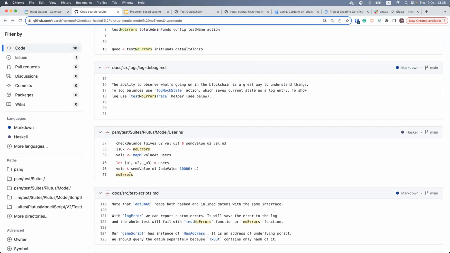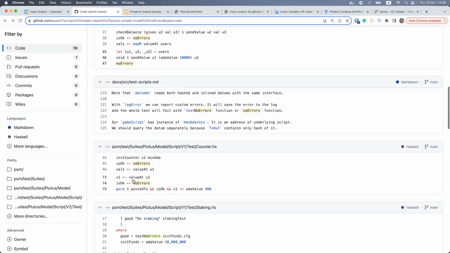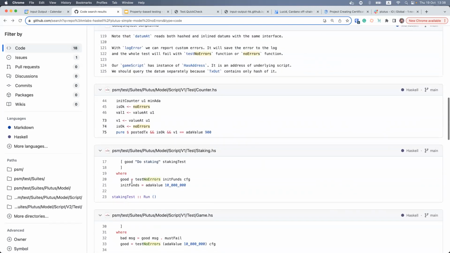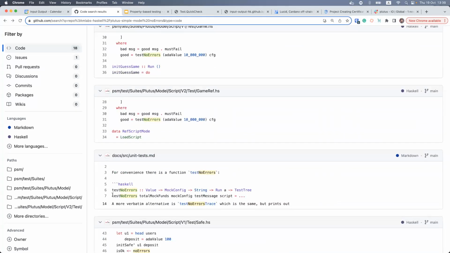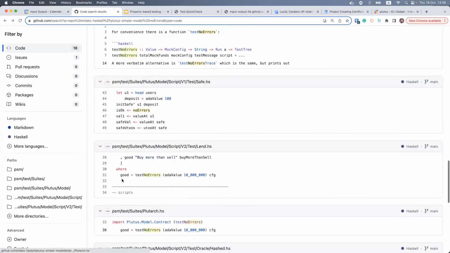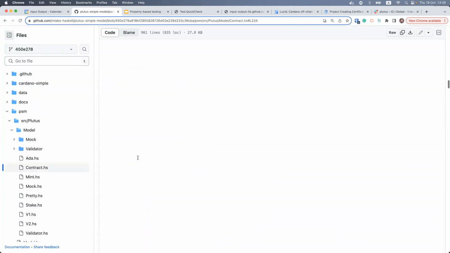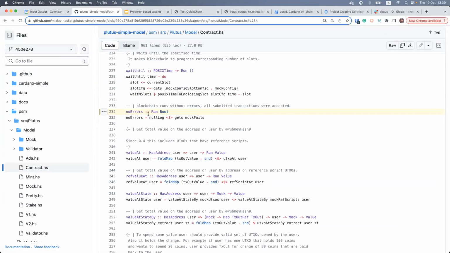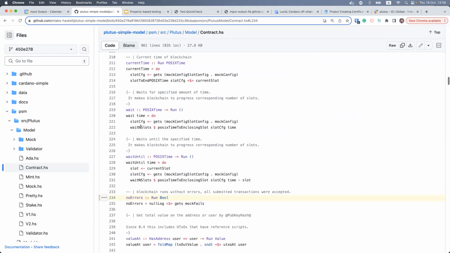There's something with, I don't know. I mean, yes, yeah, there is something. Let's go to... I mean, suppose if there wasn't, you could also do it by hand too. Because the fields of the state monad are accessible, so you could by hand include an error there, I suppose. But there should be